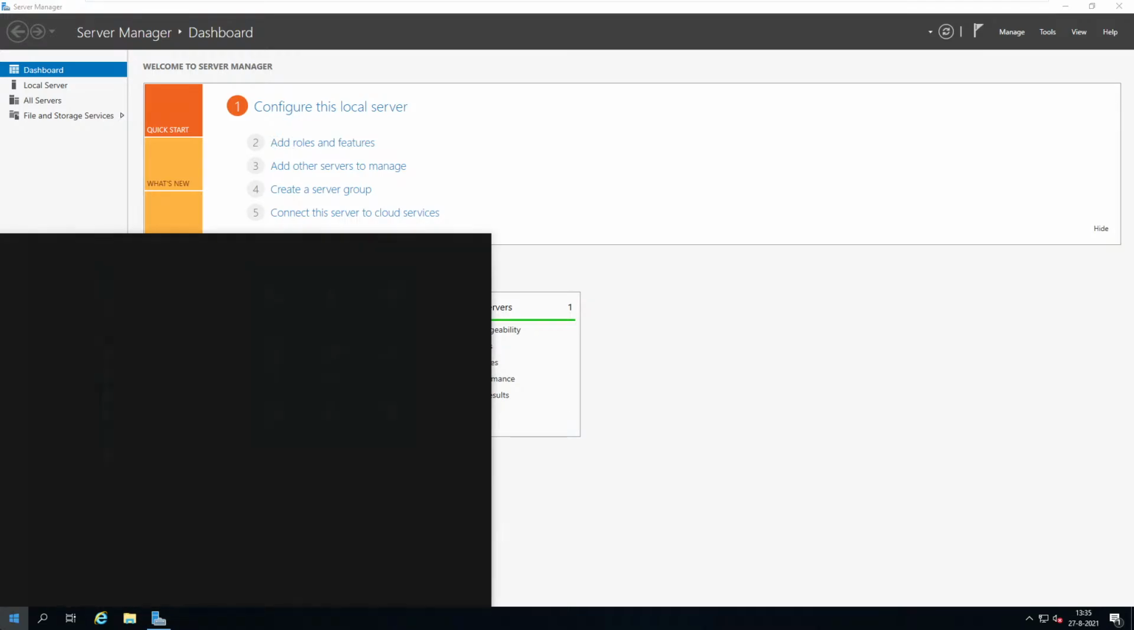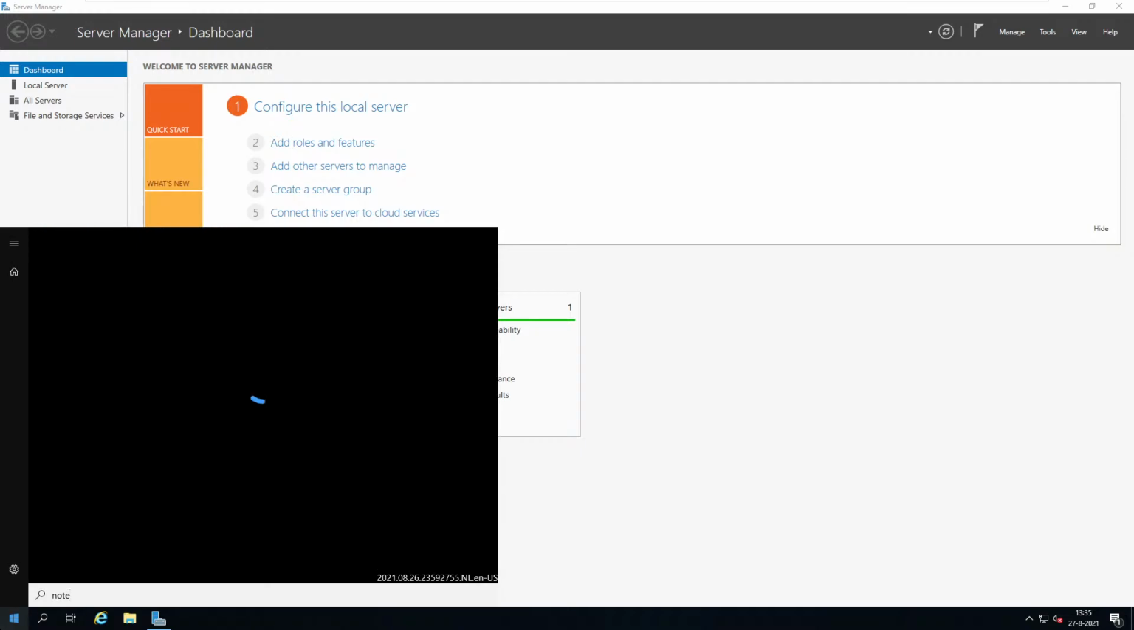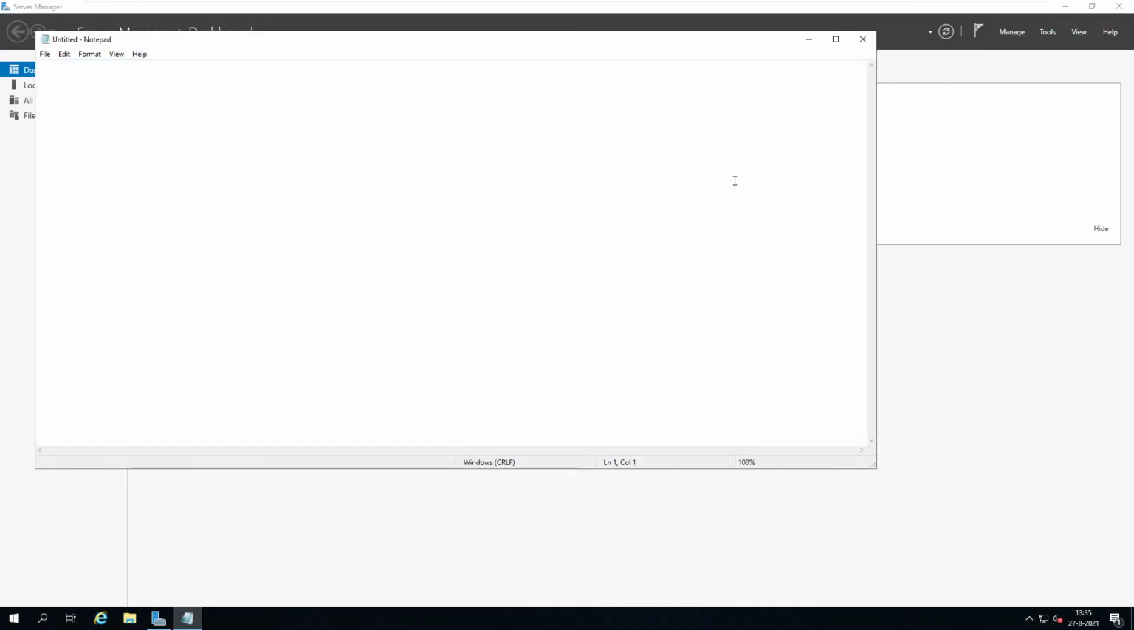We start up Notepad. It does exist in here, I know. The IP is 192.168.0.0, which is the network. And then it's a /24, because this is the subnet mask,